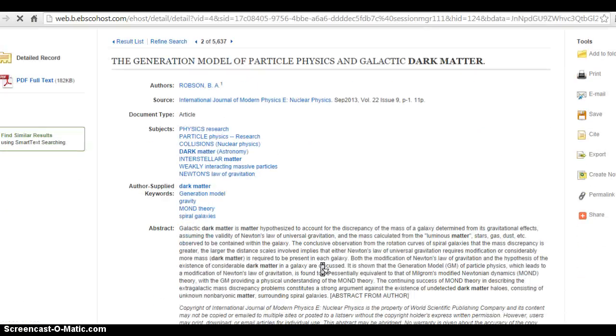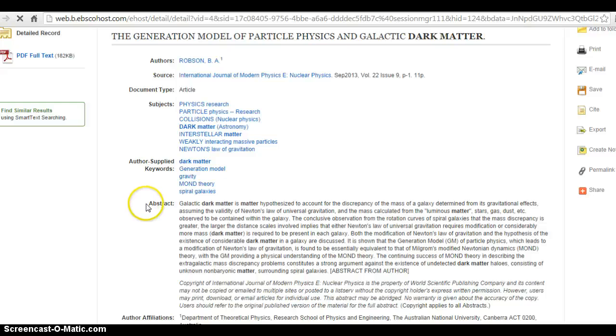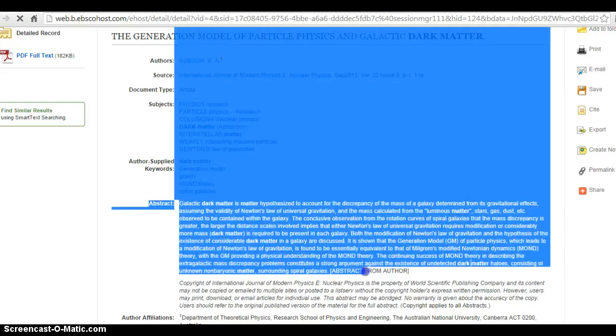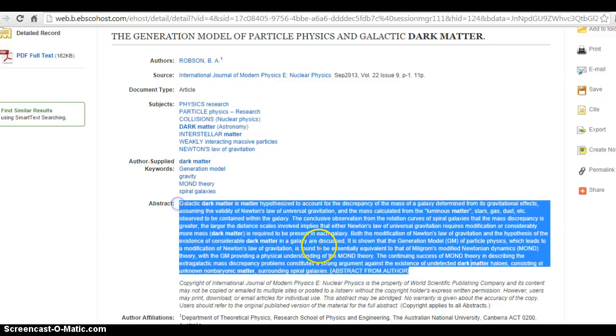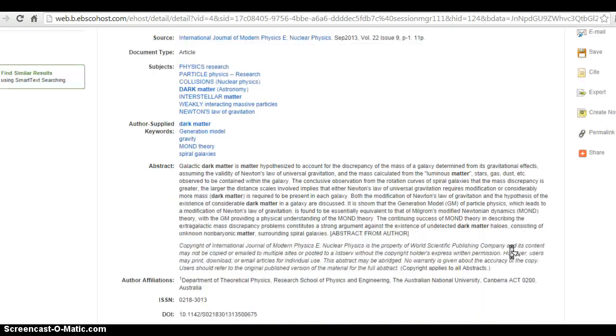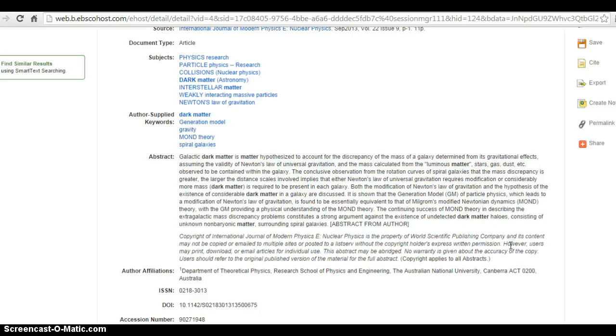So the first thing I'll do is I'm going to read the abstract. And this abstract is going to give me a general idea of what this paper is all about. What did the scientists study? How did they do it? And this is going to be kind of just a brief introduction to get me started